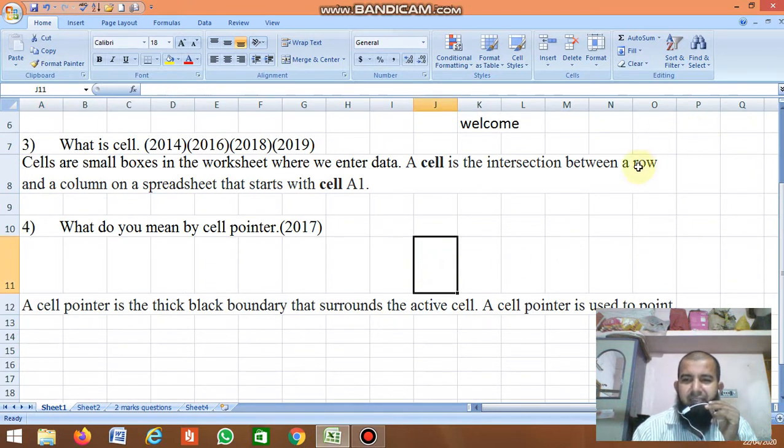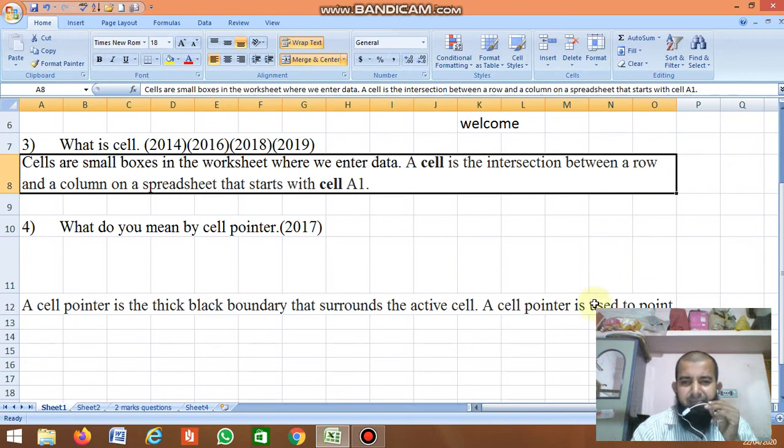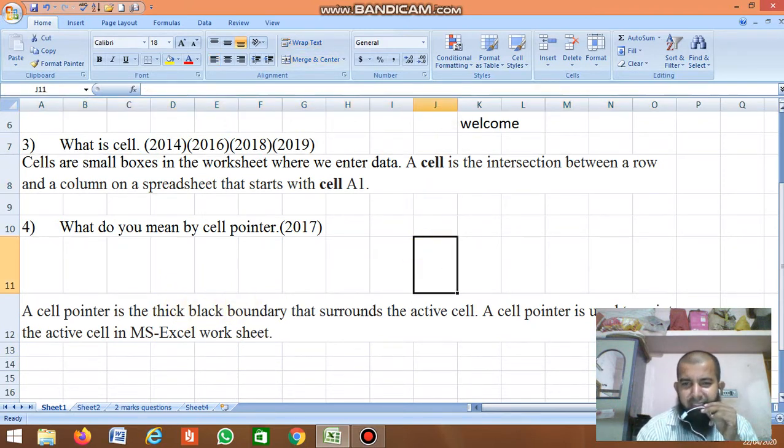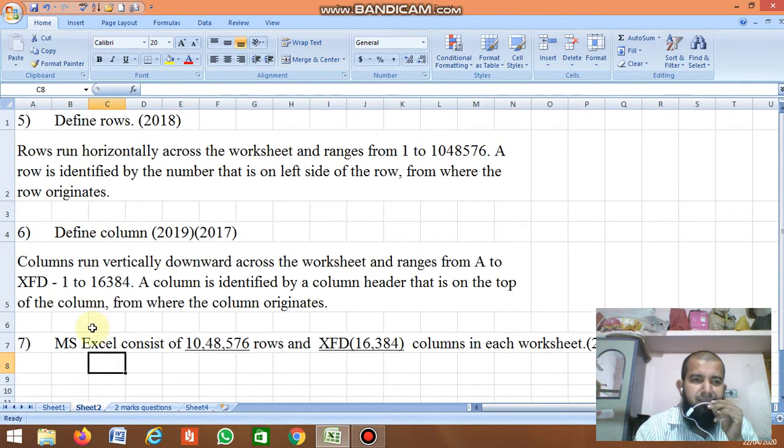If I click here, it surrounds the active cell. A cell pointer is used to point to the active cell in an MS Excel worksheet. Clear? Let's see the next question.